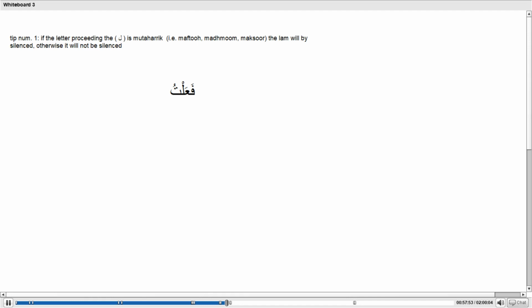Don't prolong anything. Okay? There's no prolonging here, unless there's an alif or a waw or a ya. As long as there's no alif or a waw or a ya, there's no prolonging of any letter. This is something that especially the new Arabic speakers should be careful with. Don't prolong anything. فعلت. Okay? That's it. فعلت. واضح؟